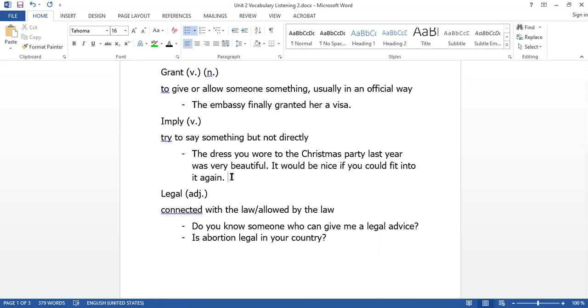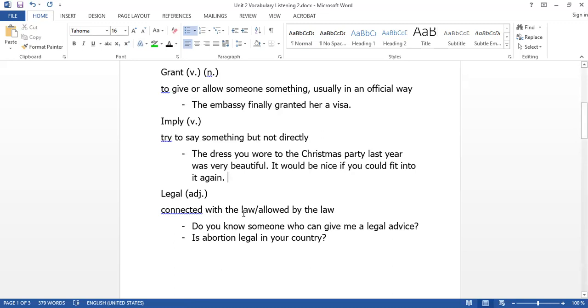Maybe you would see this word when you do a listening test, or it could be a reading test as well, when you read an article or a passage that you're given in an exam, or you listen to a clip in an exam, and the question might be, what is the writer, what is the speaker implying? So it's something that he or she didn't say directly. Right, next one. I'm pretty sure you know this word already.